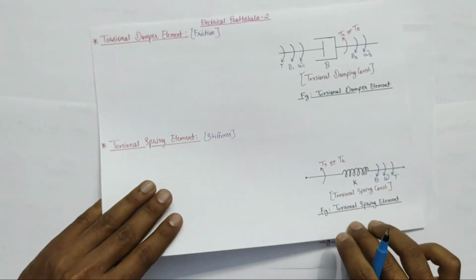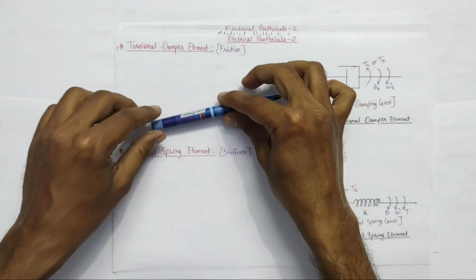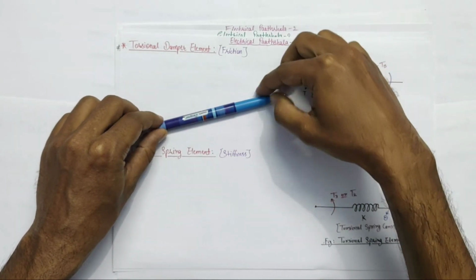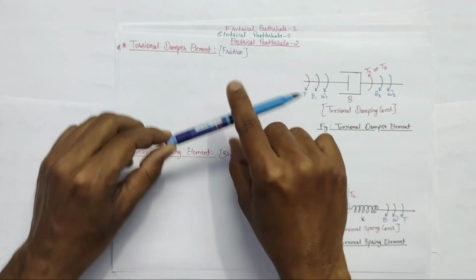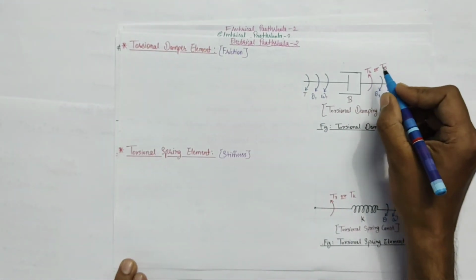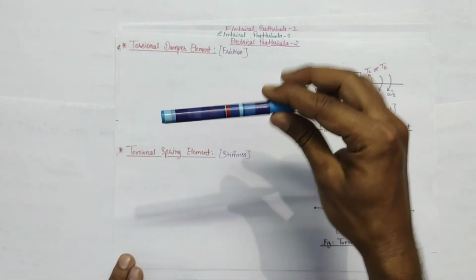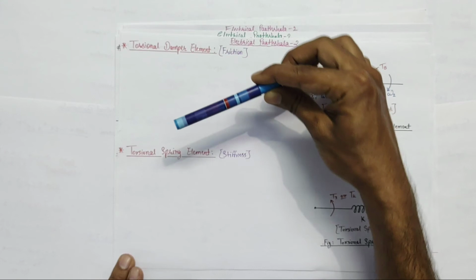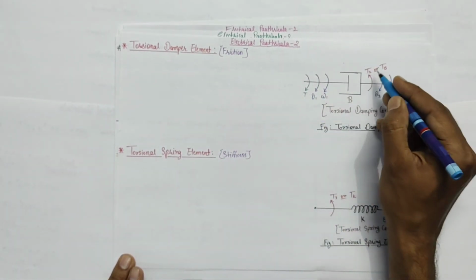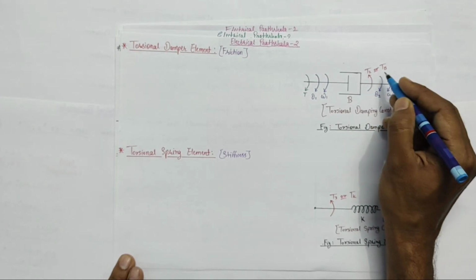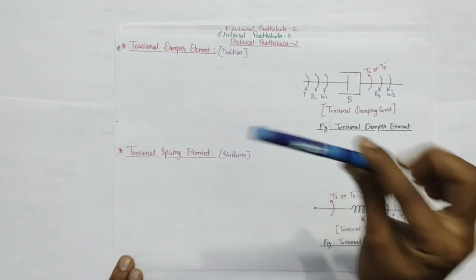So our next element is torsional damper element, which shows the friction. So suppose this is a body placed on a surface. Now if an external torque is applied on this body, then due to the friction present between the surface and this body, there will be a resisting torque T2 or TB which will act in the opposite direction of the externally applied torque. Even if this body is placed inside a liquid and you are trying to rotate this inside the liquid by applying an external torque T, then also there will be a resisting torque T2 or TB which will be developed because of the viscous friction present between the liquid and this body.